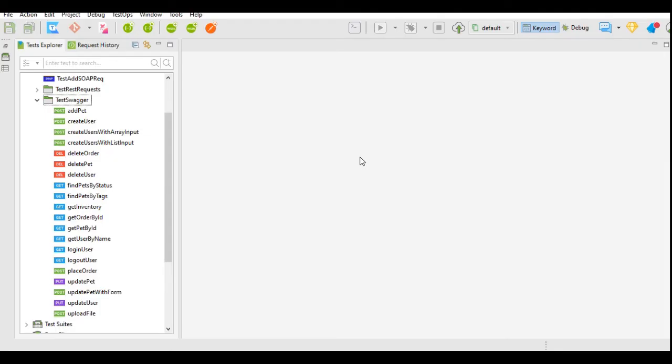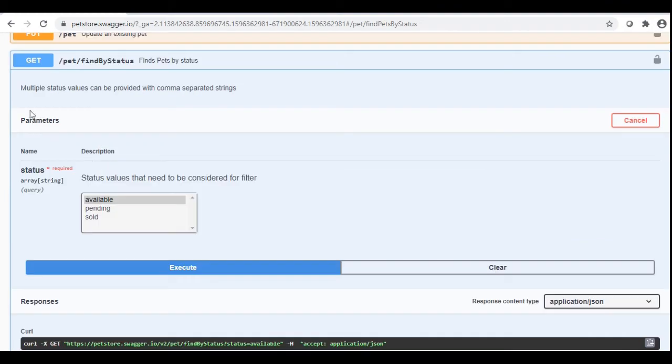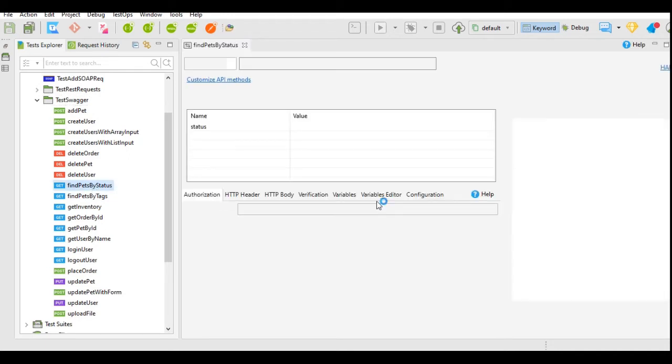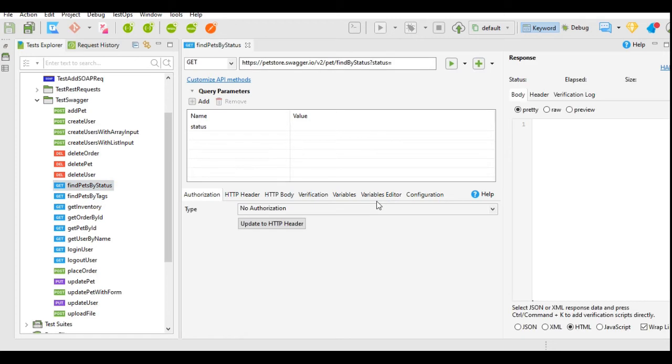So what I will do is I will go to my Katalon Studio and I will find this request type of find by status, get find pet by status. I will open this get request and here I get this URL. This URL contains everything except the parameter.